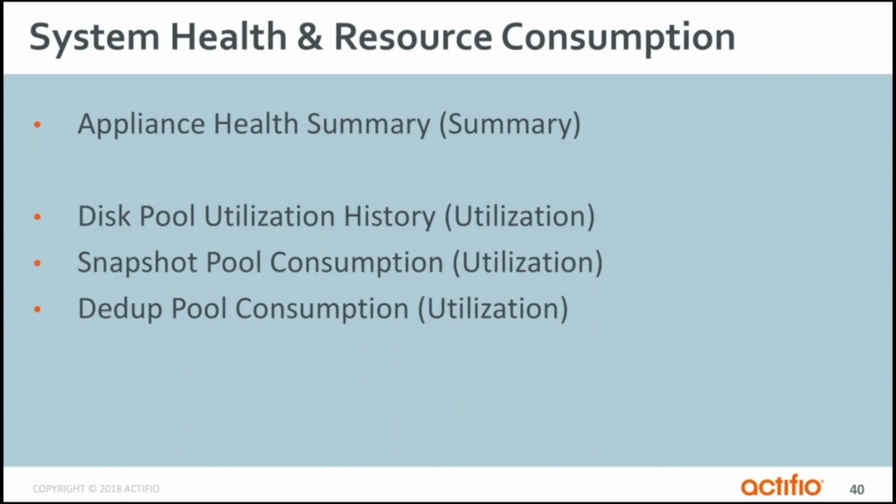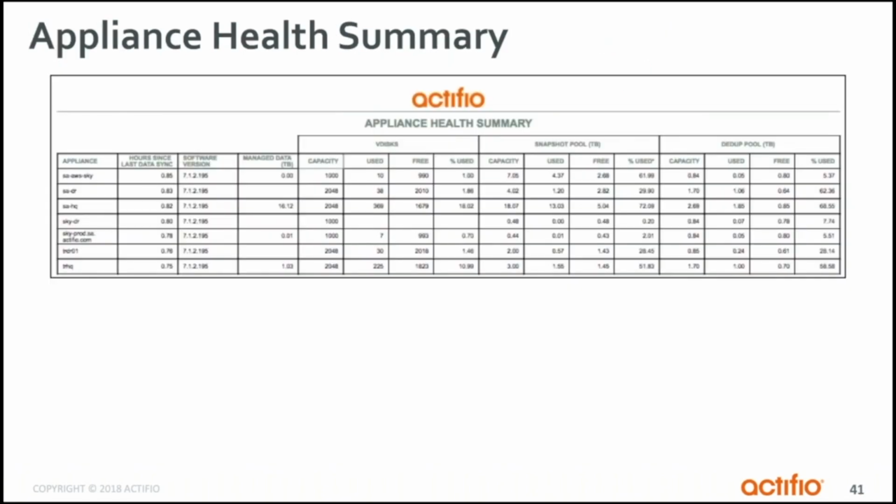So here we have system health as well as resource consumption. The appliance health is just that, right? It's a pretty straightforward one. It shows us the key resource constraints for each of the appliances, and it actually will color code things. This particular report didn't happen to have any, showing us, to indicate what those resources are if they're approaching their